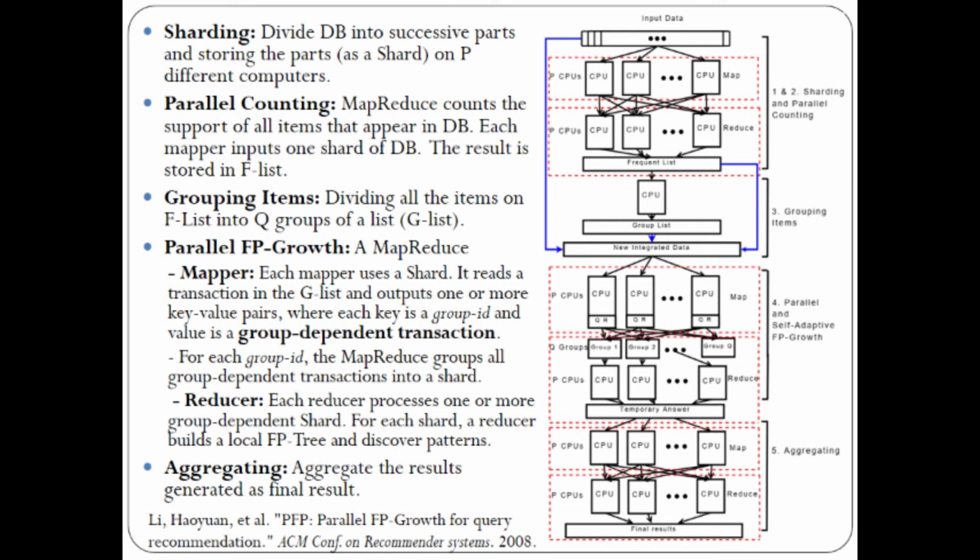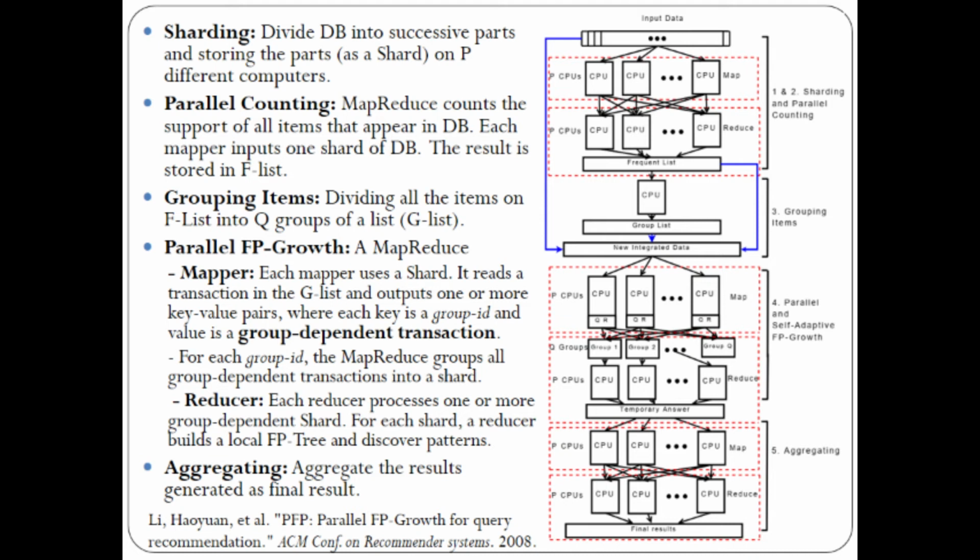And again, within the map reduce, there is a feature which does this grouping. So all these group IDs are stored into shards, meaning a separate shard for group 1, a separate shard for group 2, a separate shard for group N, a separate shard for group Q. So there are the Q groups we formed.